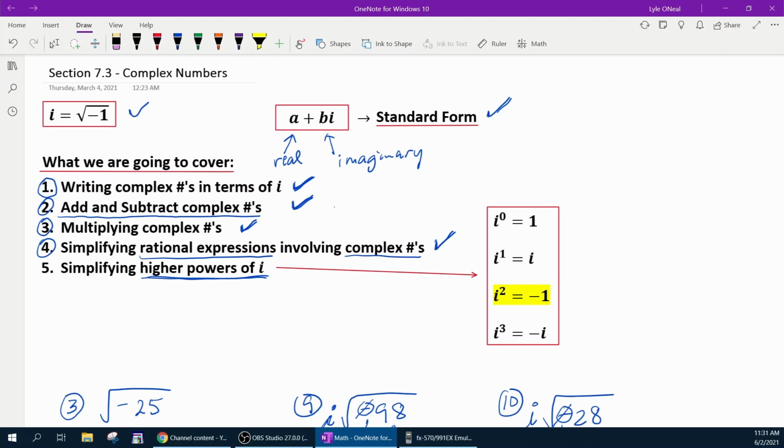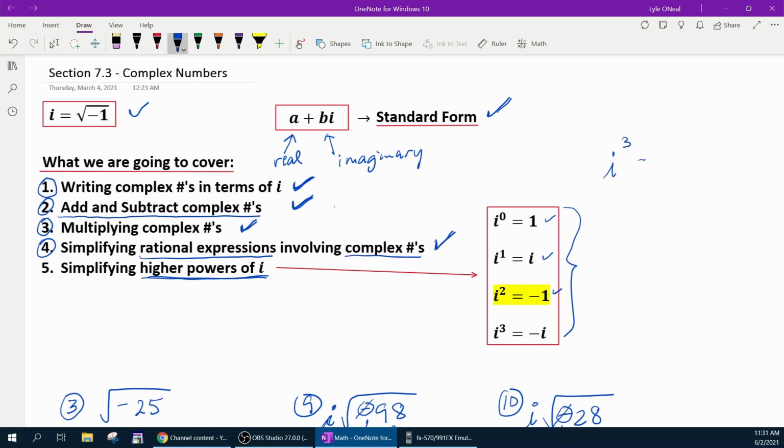So let me explain kind of what's going on in the chart here, and then we'll look at doing some examples. First of all, i to the 0, anything to the 0 is 1, so that's where we get that. i to the first power, anything to the first power is itself. i squared is -1, and then i cubed is -i, and the reason that that is